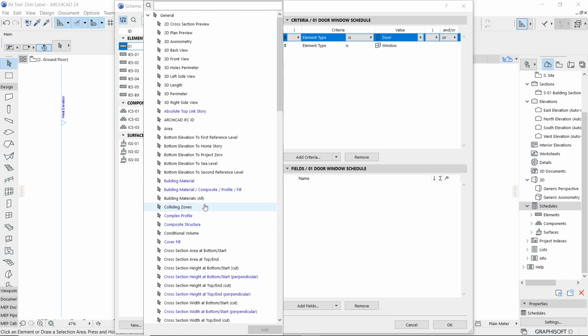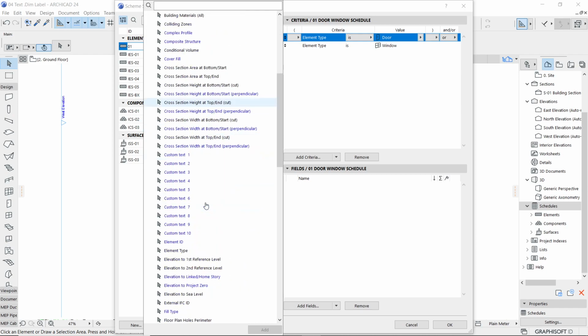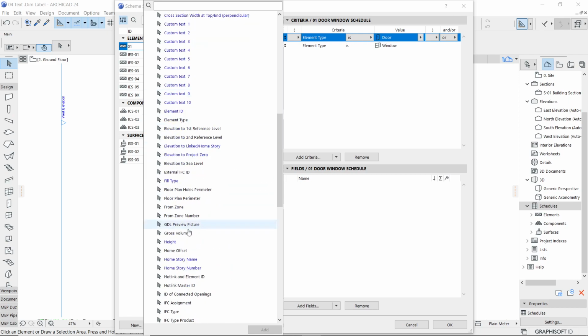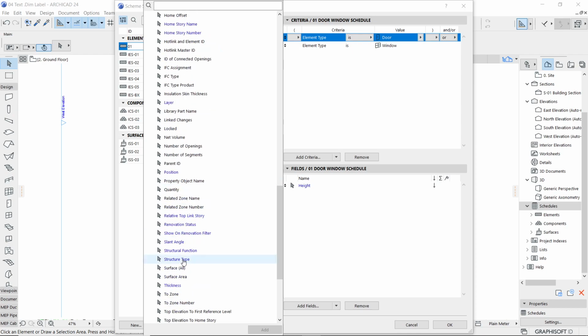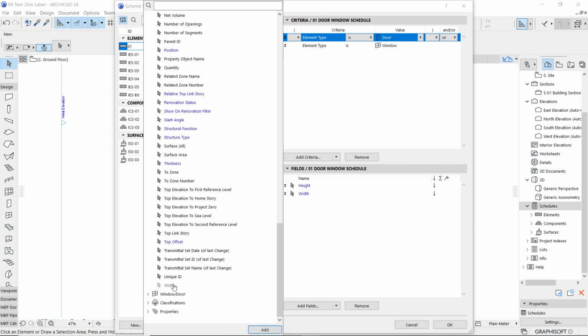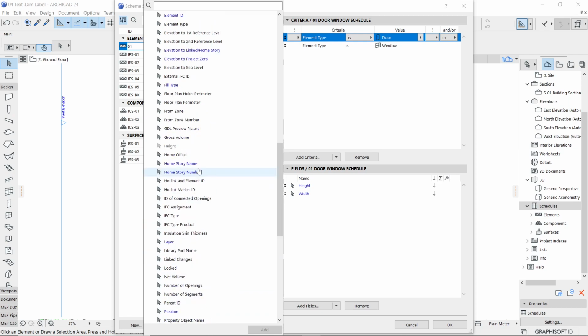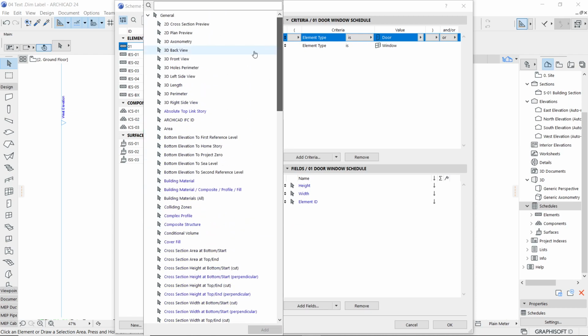So if you say I would like to find out some simple things like height or width, you can rearrange them in order later, but width, height, these are the important things. Then you have an element ID, that is D1, D2 or W1, W2. So even that is there. So these are the three main things which you want to extract. This is in the general group, remember.